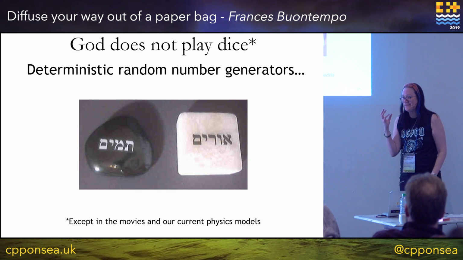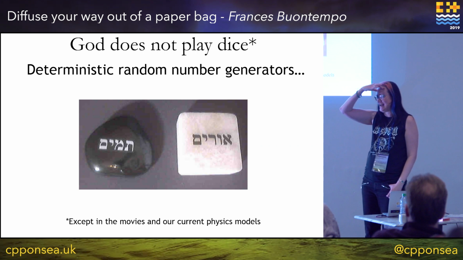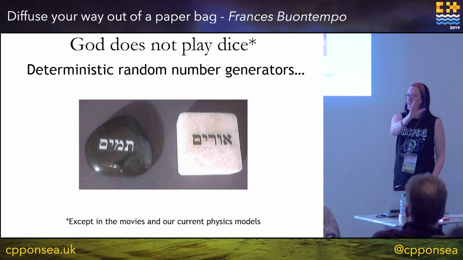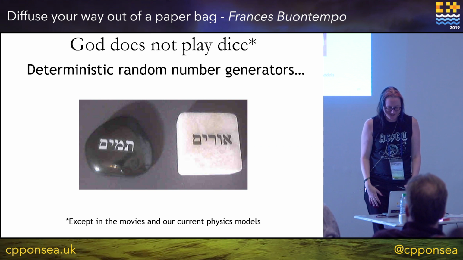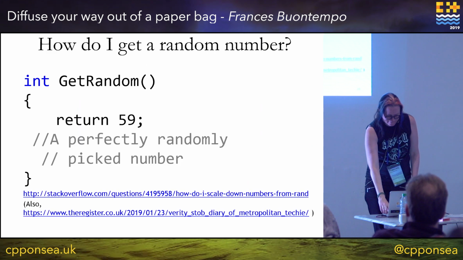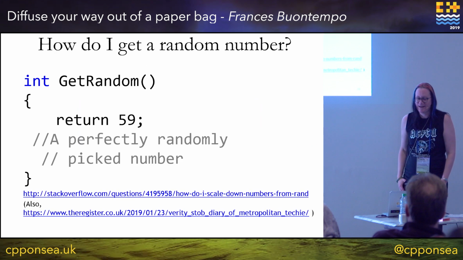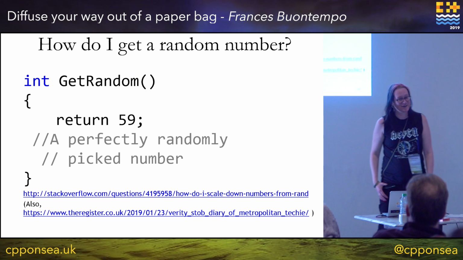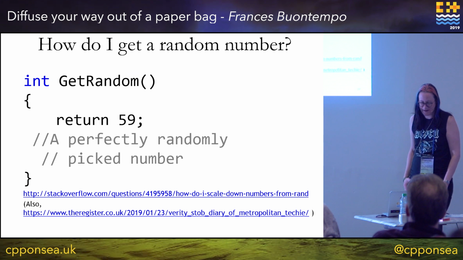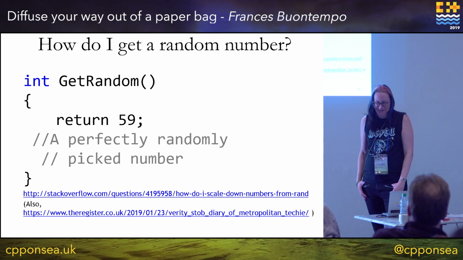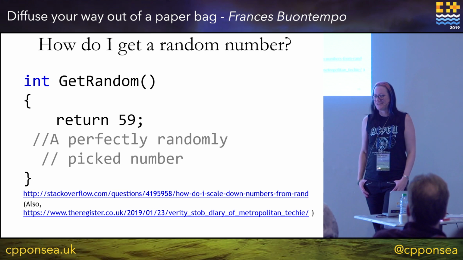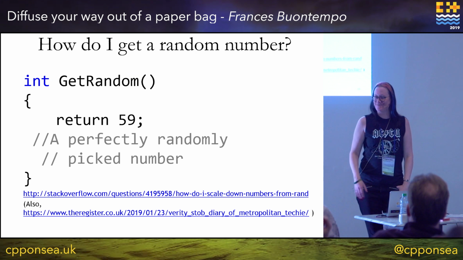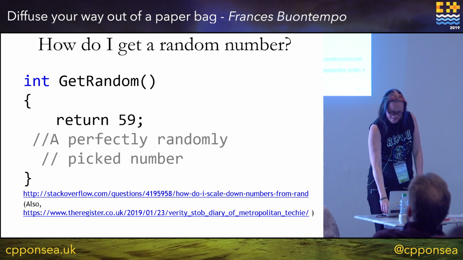How do you get random numbers out of a computer? Is anything actually random? Did I mention my undergraduate degree was in maths and philosophy? I'm going to distract myself and bring myself back on focus. How do I get a random number? Well, I either look on XKCD, or in this case on Stack Overflow, and in the comments. Perfectly picked random number. There was a recent Verity Stob in The Register, and she was ranting away about random numbers. It was hilariously funny, but again, not time for that.